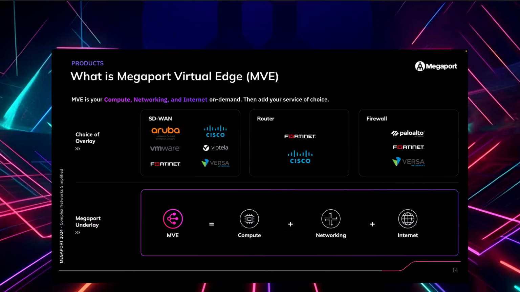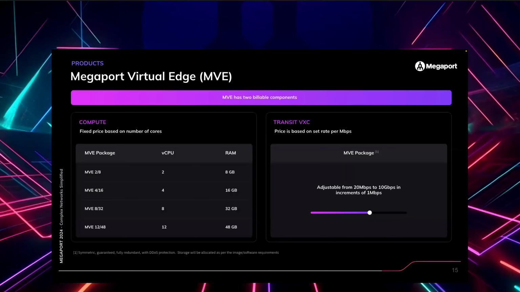So again, these are some of the licenses that are available. Right now, the MVE comes in 4 different sizes, from 2 CPU and 8 gig of RAM all the way up to 12 CPU and 48 gig of RAM. We have a larger 16 CPU size coming down the pike later this year. But those are the various sizes it represents.